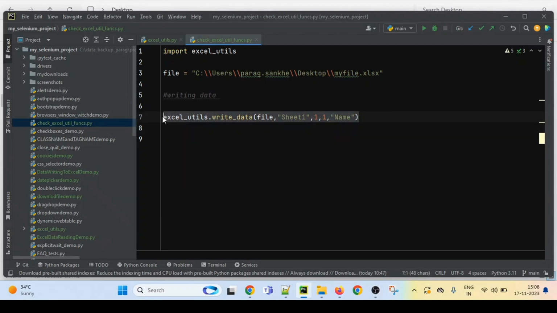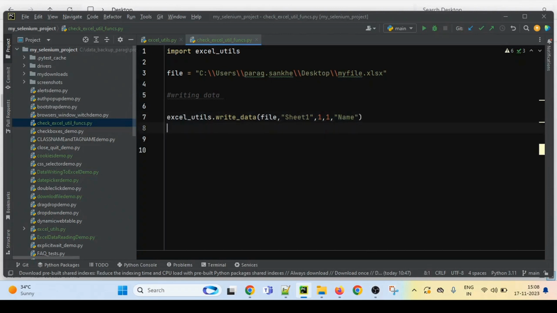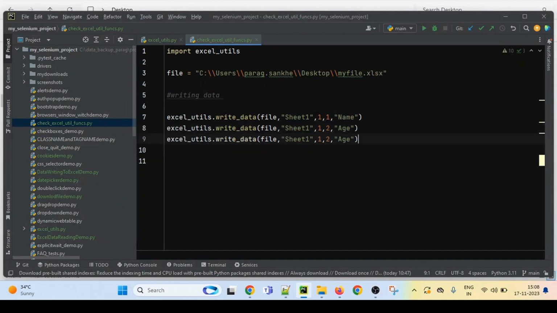Similarly, we will write the same statement for first row, second column, where we are writing the data as age. Then first row, third column. So total 3 columns are there and 1 row is there. And here we are passing, let's say, ID.